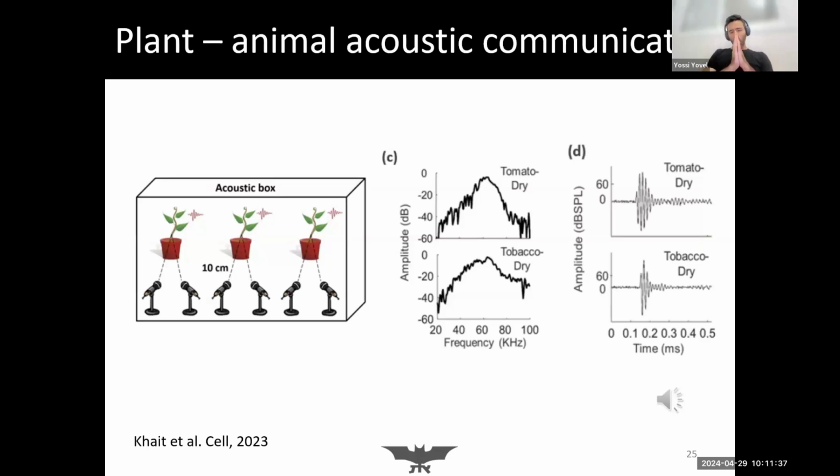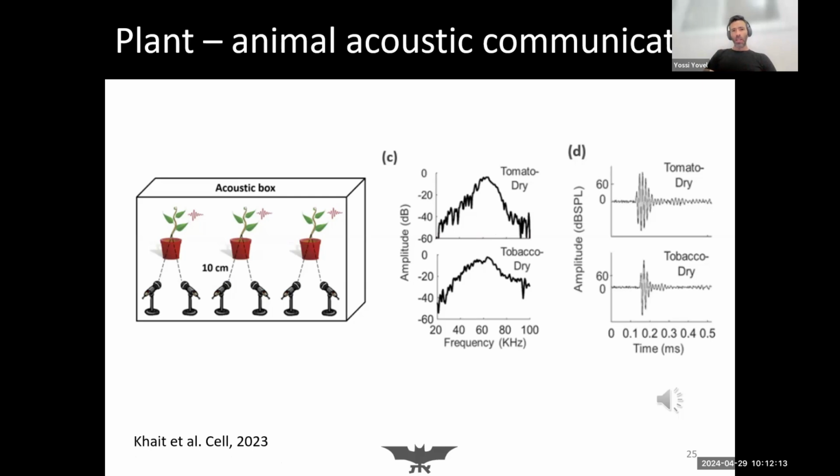So I think it was Vint who already wrote in the chat that we should look at chemoreception and perhaps tactile communication and so on and so on. And recently, I was involved in a group that has shown that plants actually produce signals or sounds, I should say. I'm not saying this is communication yet, but we found that drying plants, or plants that are cut or dry, so whether they're under some kind of stress, emit ultrasonic sounds, as you can see here, around 60 kilohertz, very brief signals. These are probably results of physical